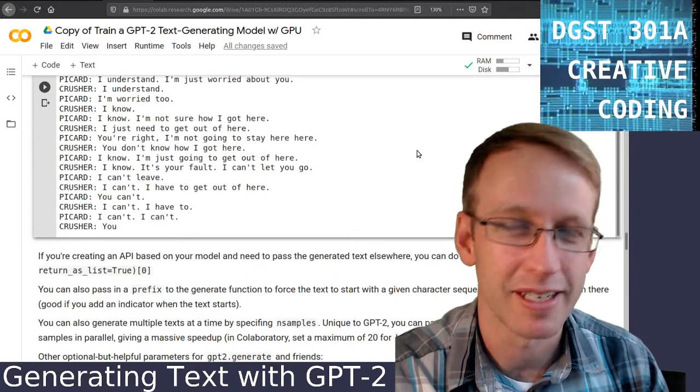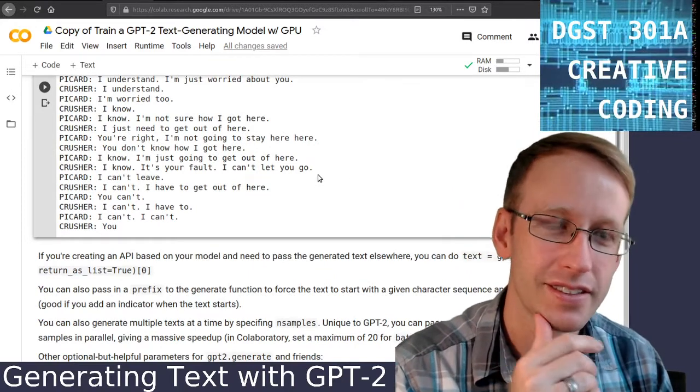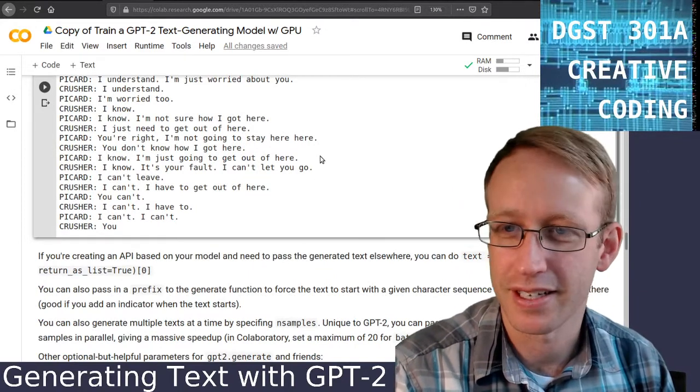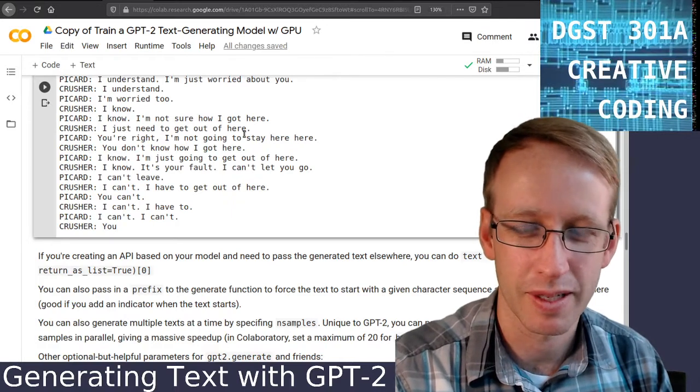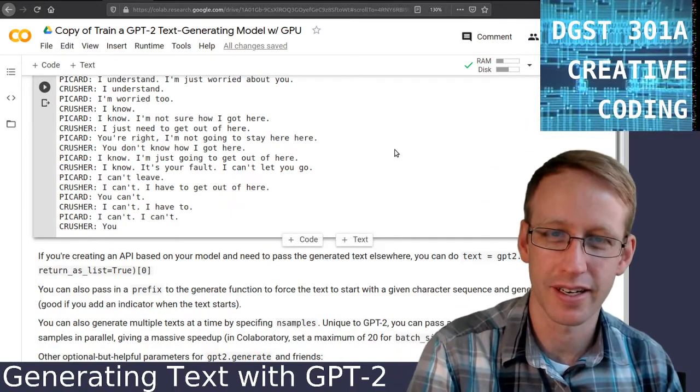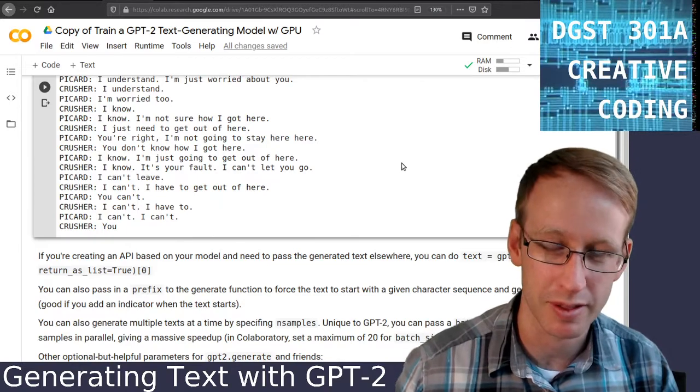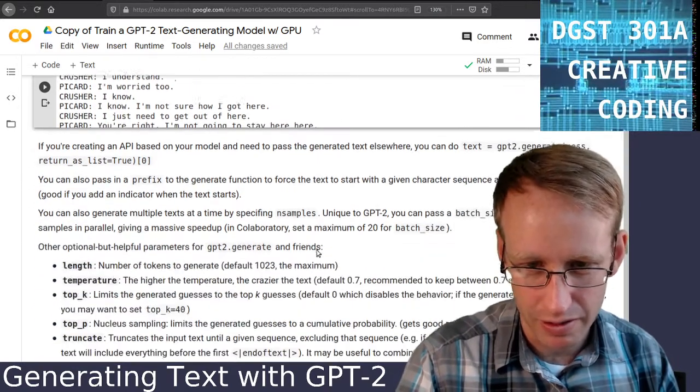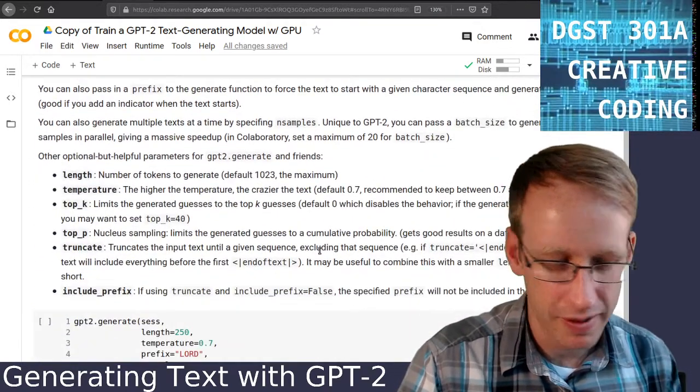This is that back and forth, like romantic tension that always existed between Picard and Crusher coming out here. But really, this scene especially reminds me of Waiting for Godot, the existentialist play by